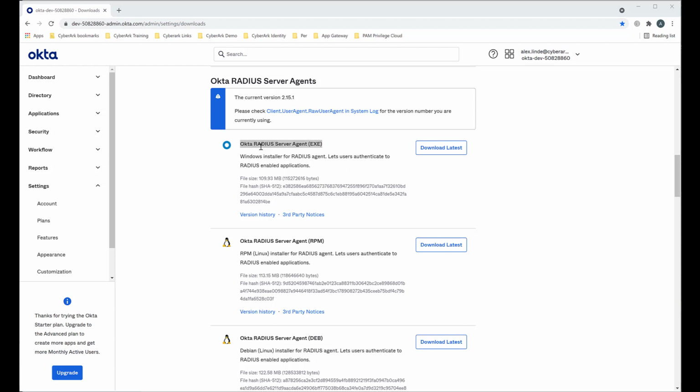During the setup of the Okta Radius Server Agent, which will be relatively straightforward, you'll again need to have your Okta domain and just the very first part of it, without the -admin and without the .okta.com. And then this will allow you to log in and allow the Okta Radius Server Agent to connect to your instance of Okta. The next step is to go under Applications,